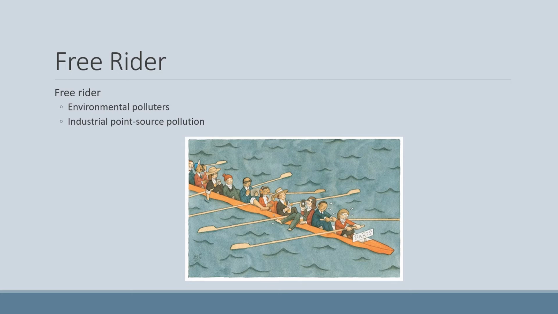Okay. When we look at environmental polluters, if we look at the example of an oil spill, if the company that caused the spill or is responsible for the spill doesn't pay for the full cost to clean up the spill, then we have a free rider problem, because a lot of times we're not just going to say, oh, they're not paying for all of it, we're only going to clean up for as much as they pay for. Someone will step in and clean up the rest of it, and so essentially they're being a free rider at that point. If the company is forced to clean up the entire cost, then we don't have a free rider problem.